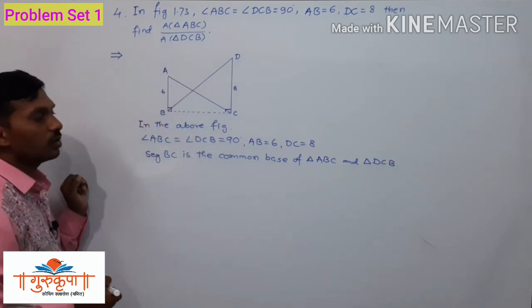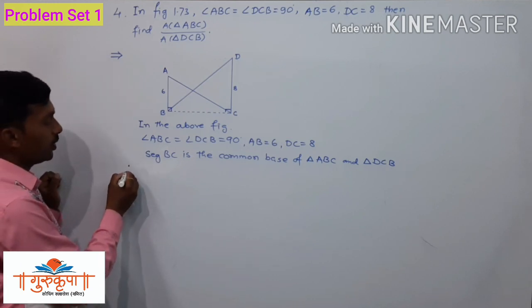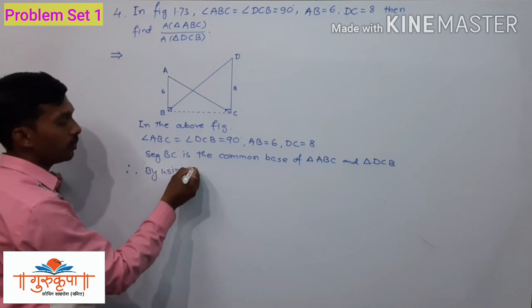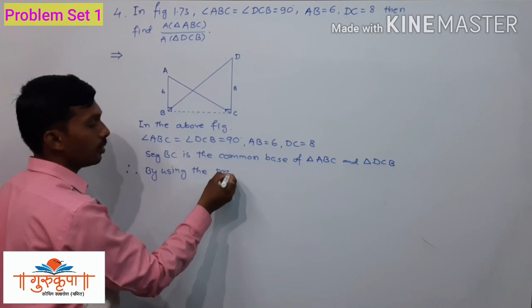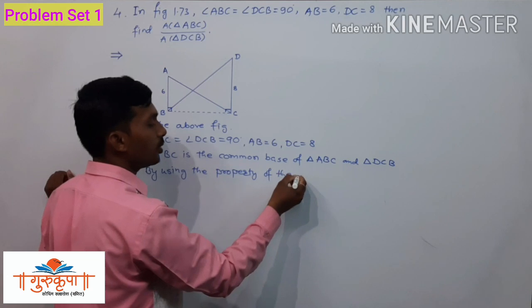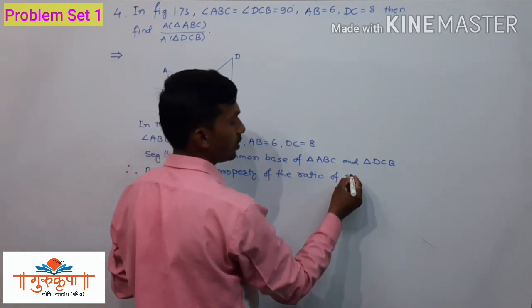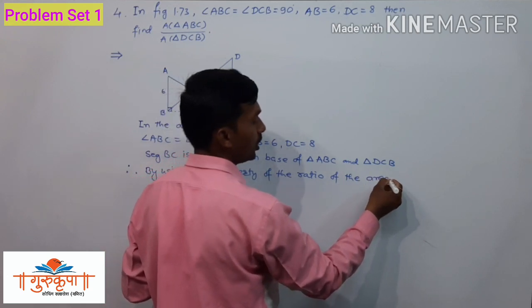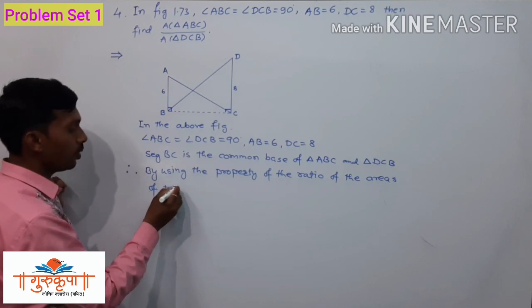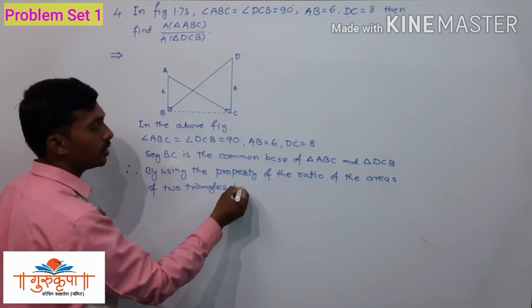Therefore, by using the property of the ratio of the areas of two triangles having equal bases,